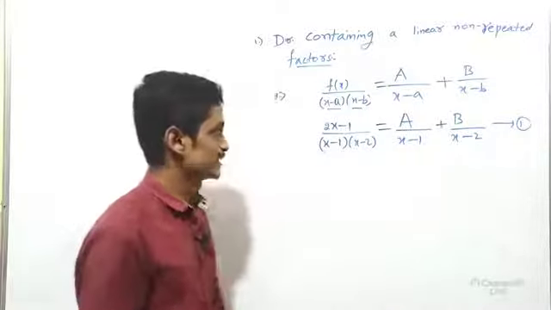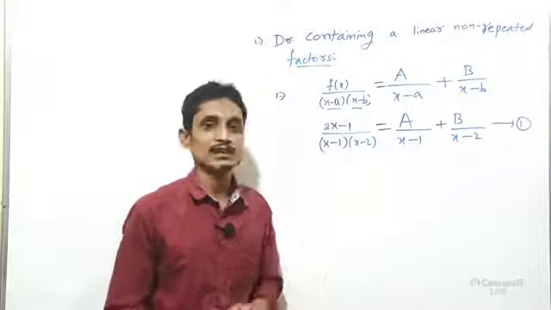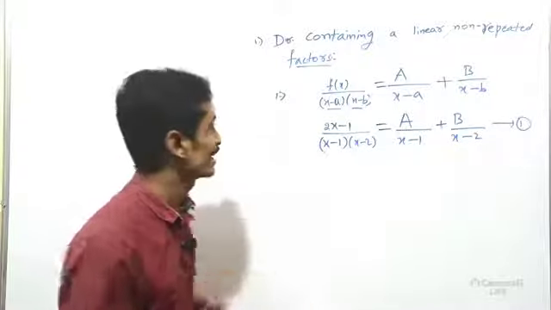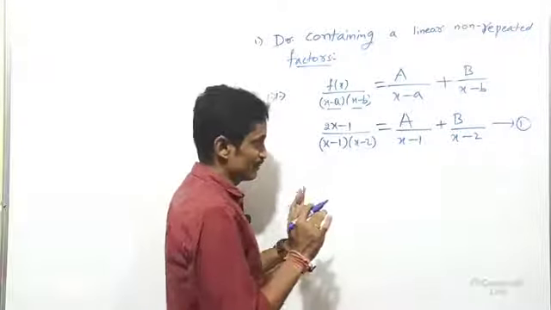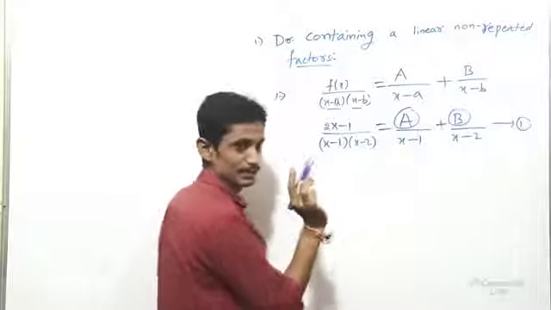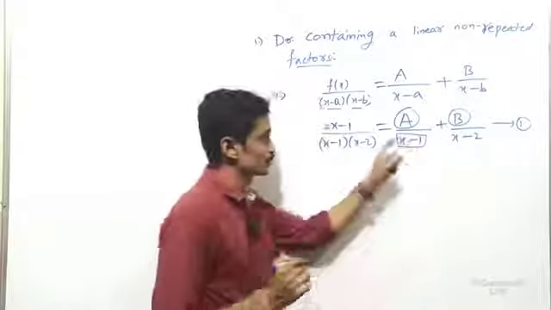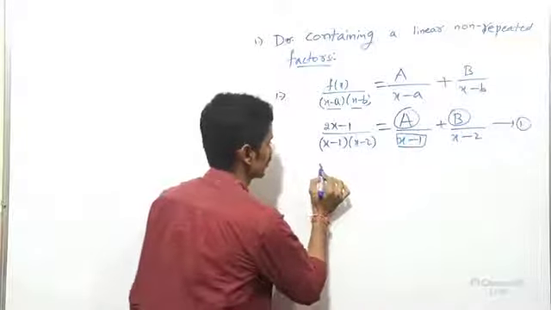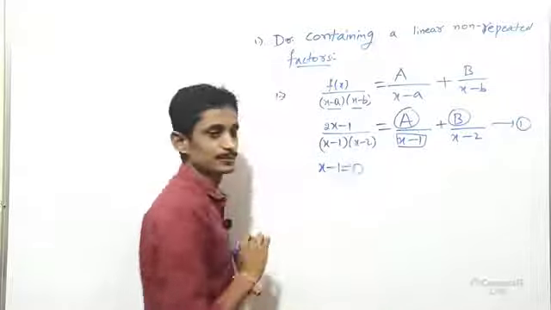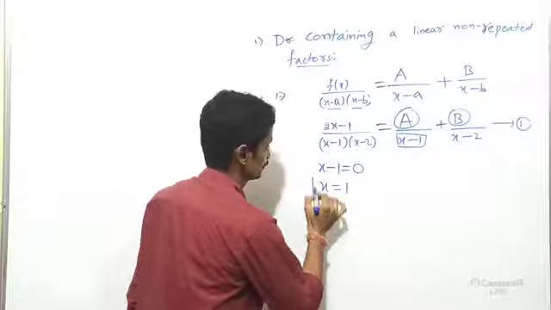There are 3 methods I said. First, I will go by the shortcut method. That method we can apply in our competitive exams, either JEE or KCET or NDA. So, how should we get these A and B values? Just look properly. Step number 1: I will take this denominator. What is this denominator? x minus 1. Look properly, x minus 1 equal to 0. Clear? Then your answer is x equal to 1.